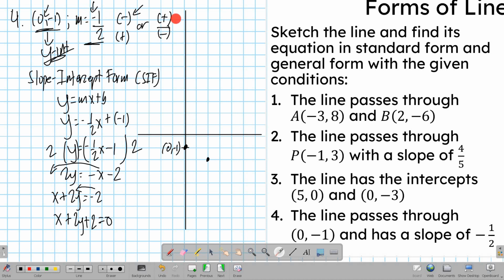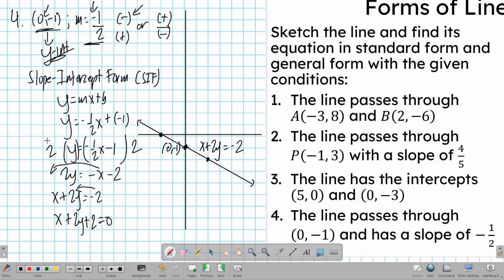So, if we're going to follow this instead, you can go up 1, tapos, kaliwa ka naman ng 2 kasi positive 1, negative 2. So, up 1, 1, 2 dito. So, dito. Ayan, magkakalinya yan. So, therefore, we're going to have this line here. Anyway, there you go. So, this is now the sketch of the line x plus 2y equals negative 2 in